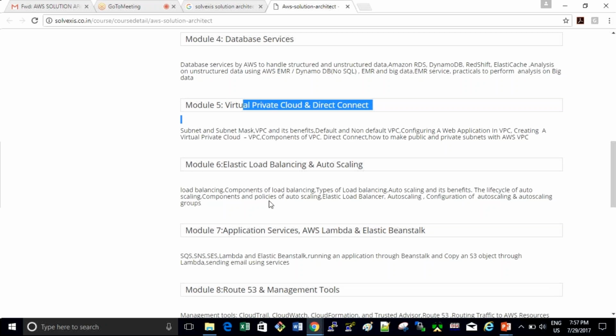But Amazon has brought a service called Elastic Load Balancer. You will see how easy it is to set up when we do the practicals. So that is where we'll cover load balancers. Then comes auto scaling. What is auto scaling? Think about Diwali, when you go to Flipkart or Amazon and buy something. What happens during that time? Suddenly there is a spike of users coming to my site and buying something.